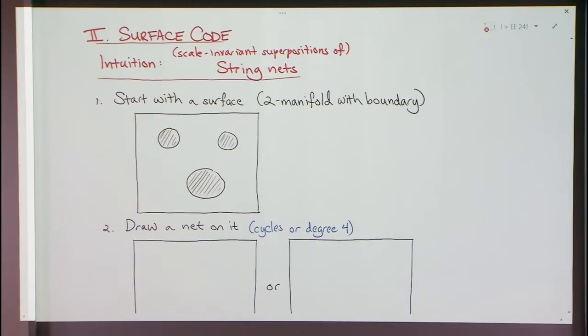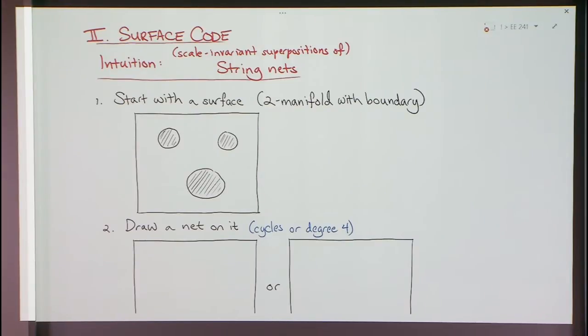That's this really nice code. I mean, there's obviously lots of really nice codes, and people have studied quantum error correcting codes for a long time. But one of the nice ones that's both theoretically nice and practically nice is this one called the surface code. So let me try to give some simple intuition for it. I'll start with sort of a continuous picture.